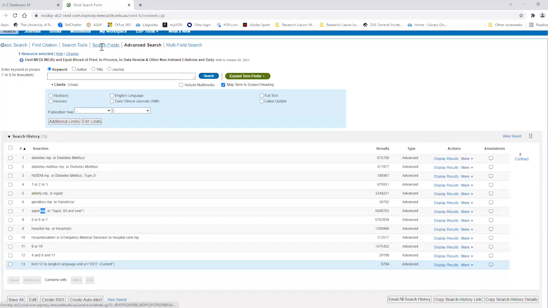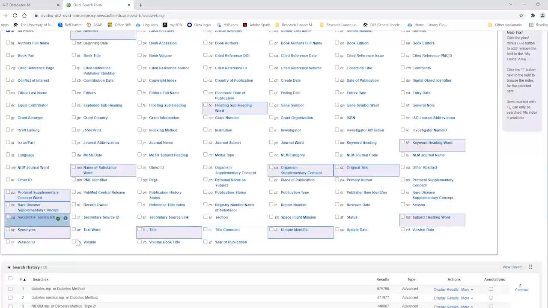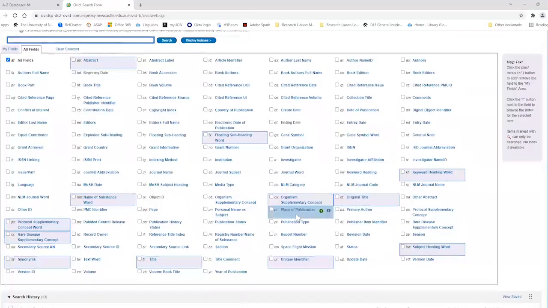If we go into search fields, you can see everything and all of their little acronyms. So if you were developing a search and wondered, what was MP? You can come in here and you'll see it listed as multi-purpose, and each of them has a little eye where you can see the